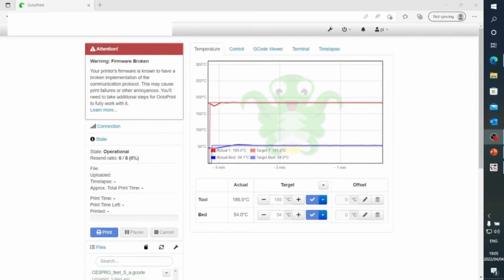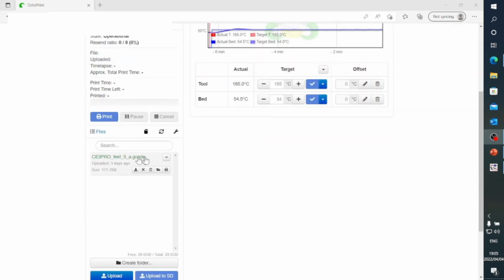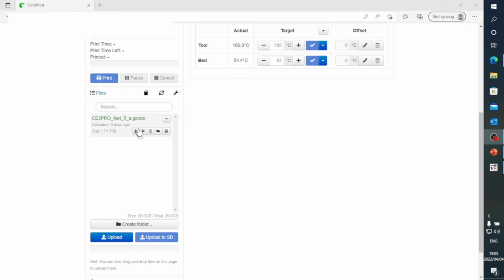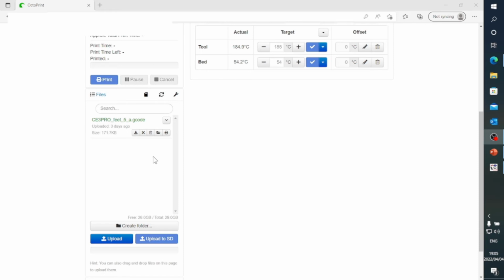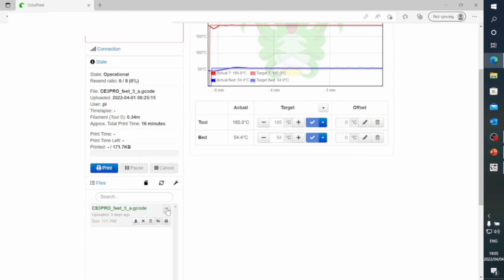Now here's the remote interface to the remote control software that I use for the 3D printer. Headphones on so I can hear. I've already selected or uploaded the file for this particular print, and it's already preheated to 185 and 54 degrees. That should actually be 45 anyway. And we simply just say load that and print,